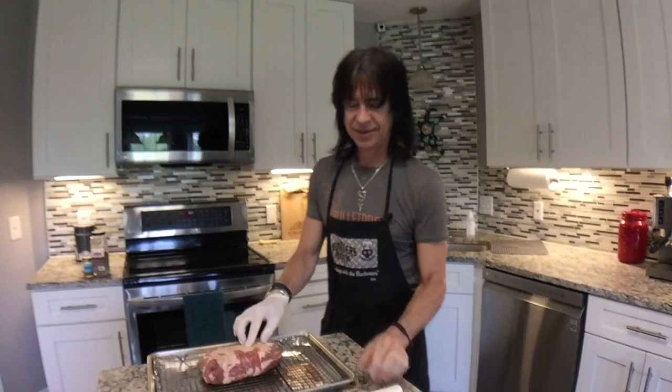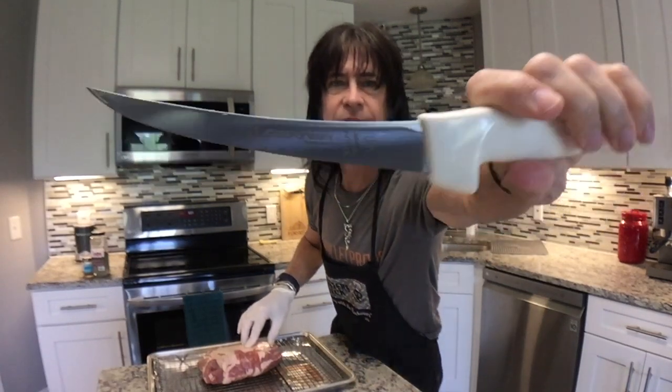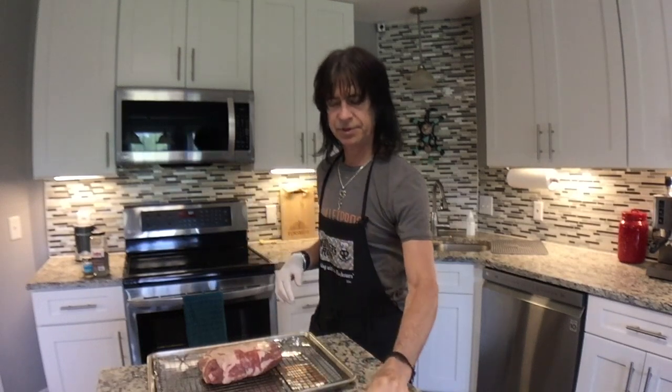So we got this. Oh, and I got some new knives. It's a Dexter. I don't know if you can see that in the light. I got this, the boning knife. I've got a chef's knife I bought. And this nice slicer. Oh, and these things for pulling the pork. So I'm gonna trim it a little bit,